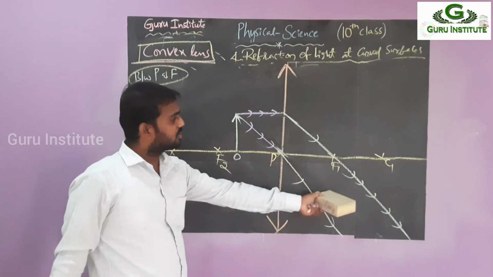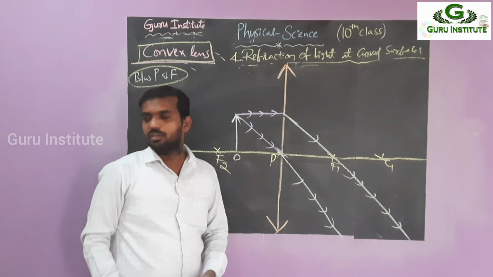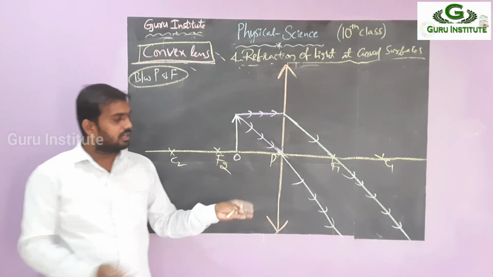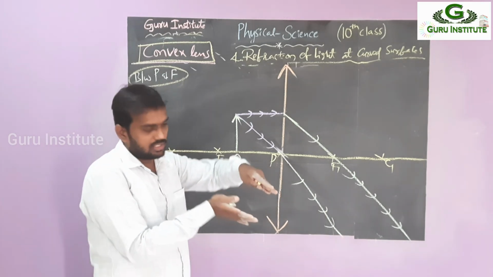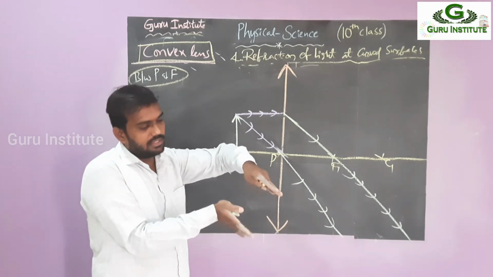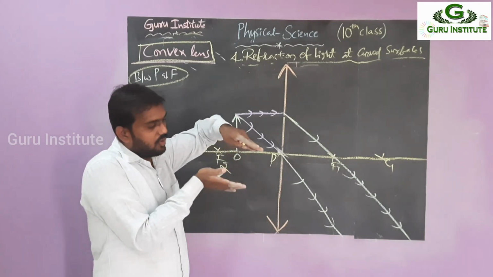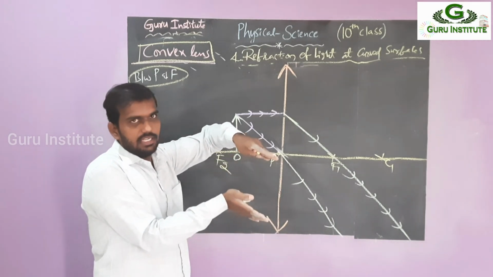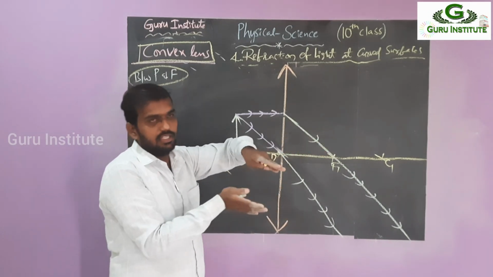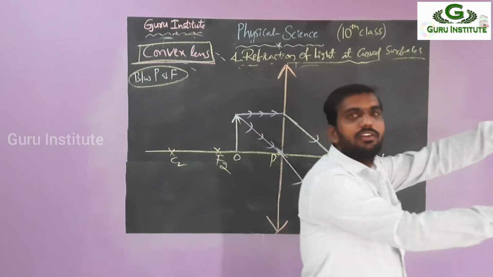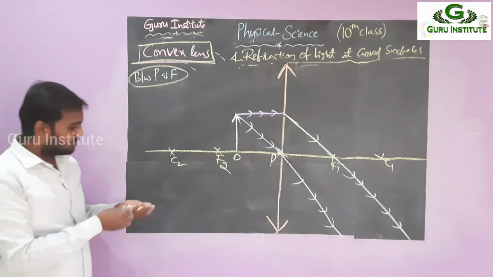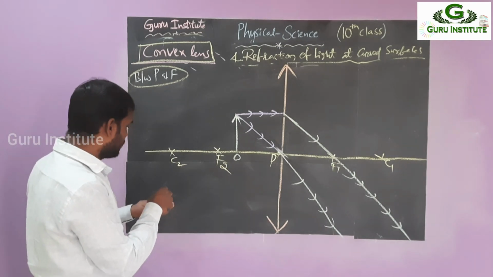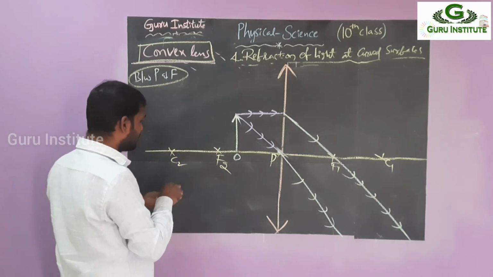You observe these two lines, do they meet directly? No, right? They are not parallel either, they are little bit crisscross lines. If you observe clearly, they are not parallel like at the focus. At the focus they are parallel, but here there is a little bit of bending. So they are like deviated rays. If they go in the forward direction, they won't meet at the front. If you go in the backward direction, they are trying to meet at the back. So we have to join them by extending to the backside and observe the picture clearly.